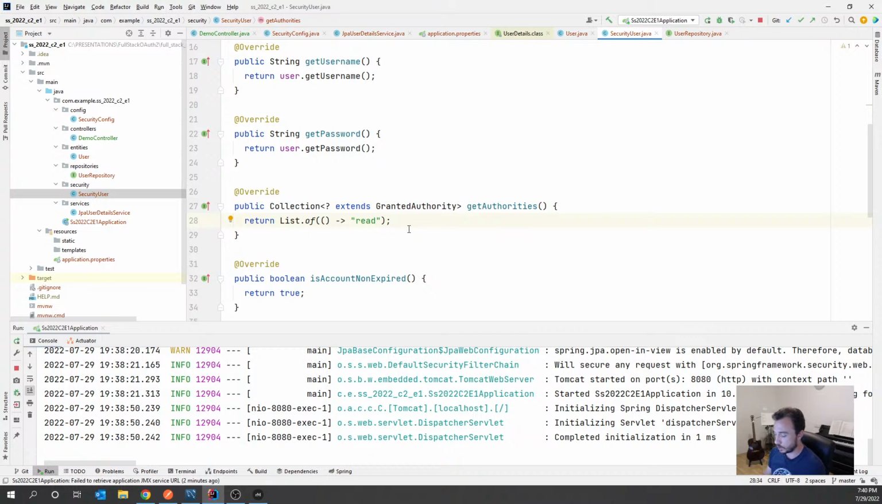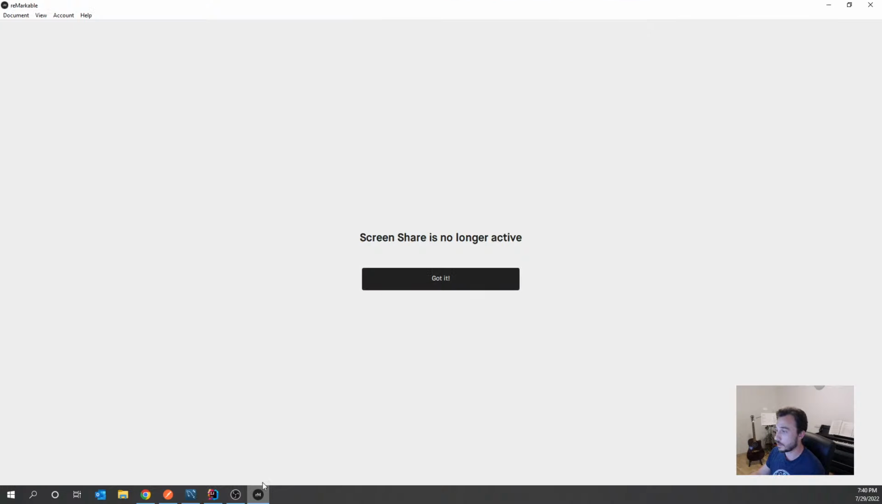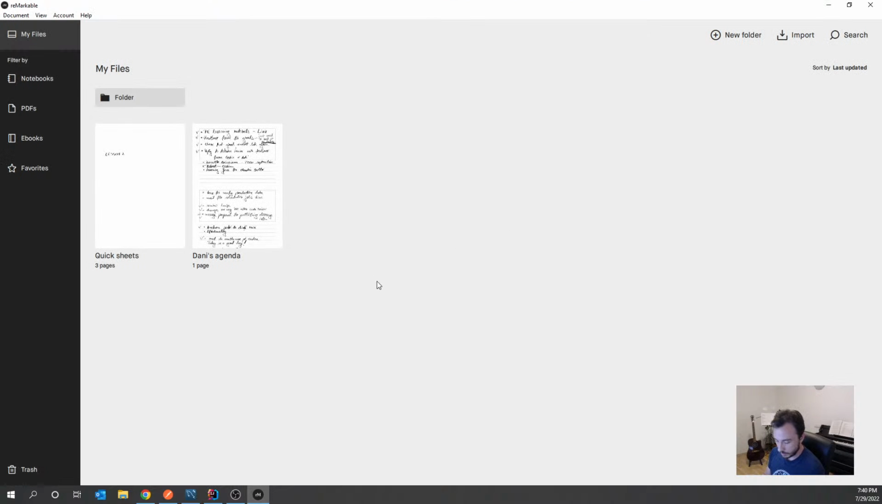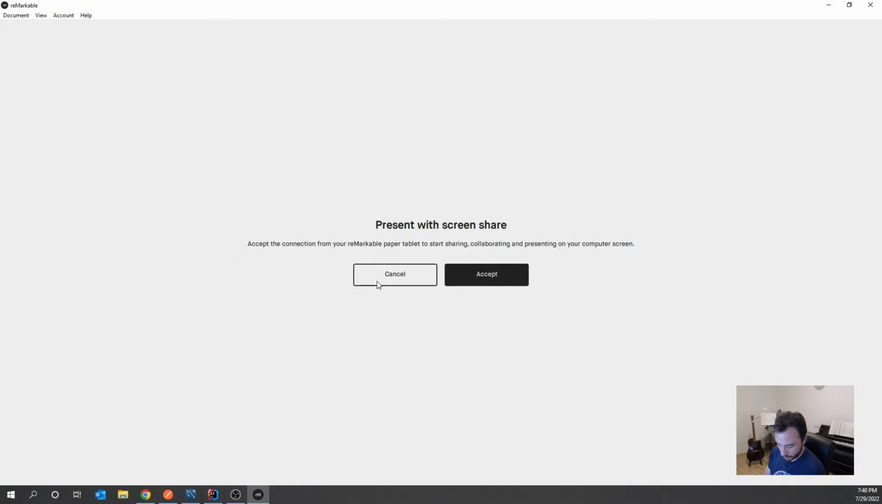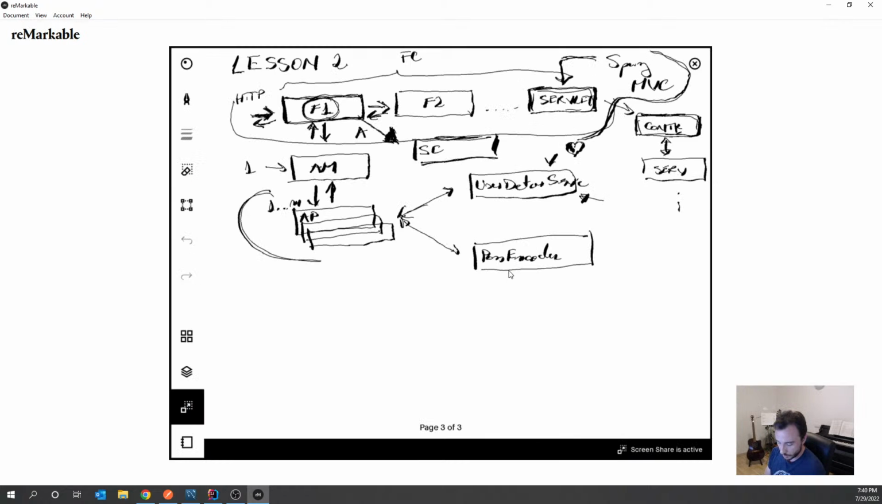authorization configurations. So let me see if I can still share my screen here. And hopefully I will be able to share my screen again. Bear with me, guys, because I want to present again what I'm writing here. Let's say